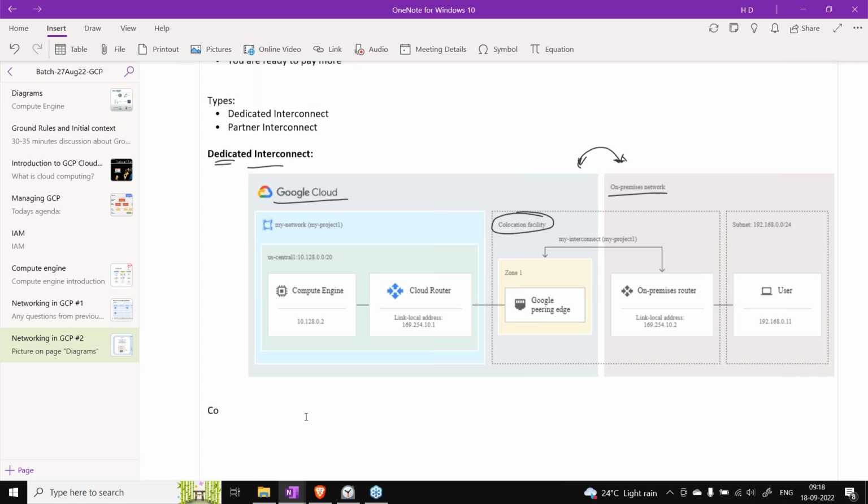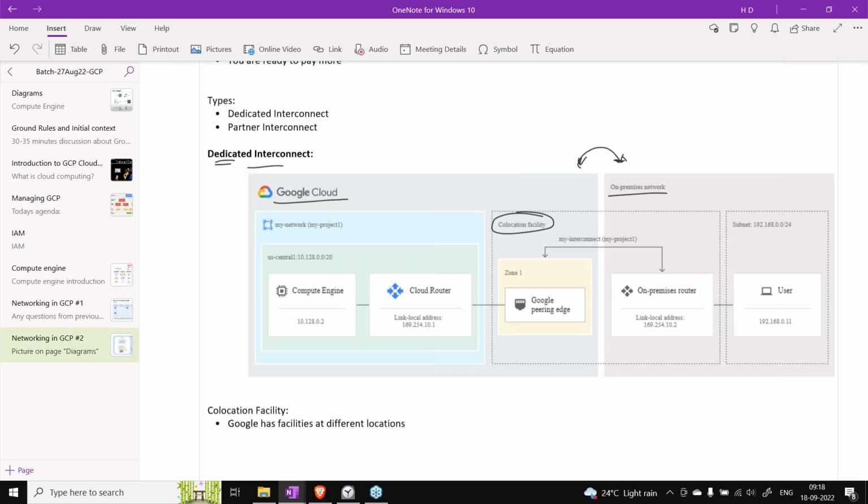So what is a co-location facility? Google has these facilities at different locations, and those are called co-location facilities. Those are actual locations of Google, located at different places throughout the world.